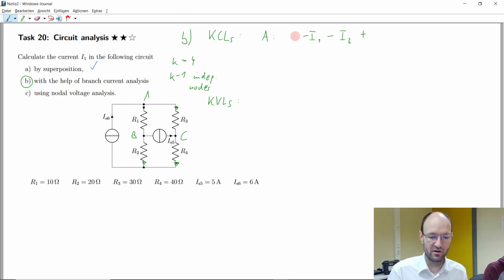I want to have the sources on the other side already, so I will write it like this: IS6, the current that goes onto the node is the same as the sum of the currents that go out of the node. Okay, so then for B, which is this one here,